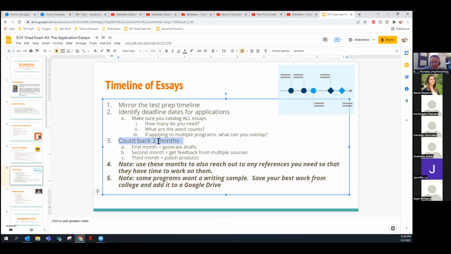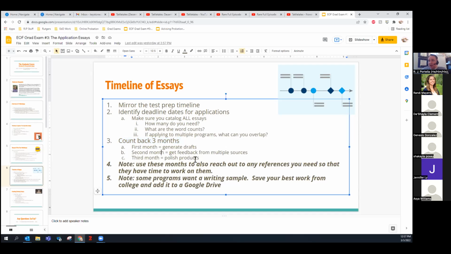So whereas on the test prep timeline, I recommend counting back 6 months, on your essays, you already have that experience locked in your heart and in your spirit. So it's not going to take you nearly as long to generate based on your experience, but it may take you a decent amount of time to polish the product so that you're submitting something that has a lot of detail, tells them about yourself, accurately puts that thumbprint on the application, and also where you have time to get feedback on it.